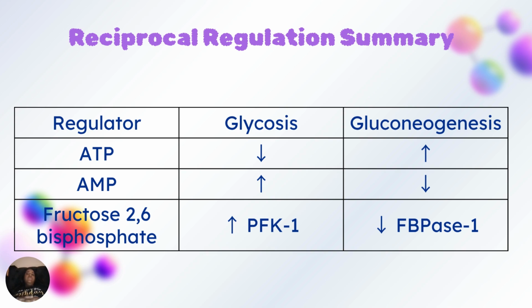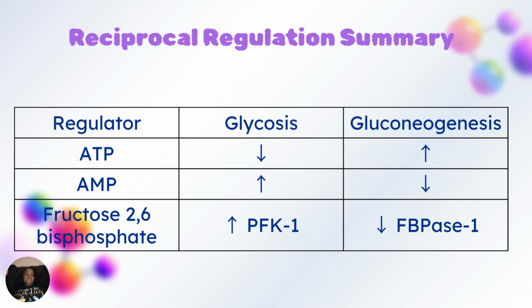I know some of you are wondering what this chart means, so let's make sense of it, okay? This chart shows how three major regulators control the direction of glucose metabolism. You can think of this like road signs at a metabolic intersection that tells the cells which road to take. One road heads towards glycolysis, breaking down the glucose for energy, and the other heads toward glycogenesis, building glucose